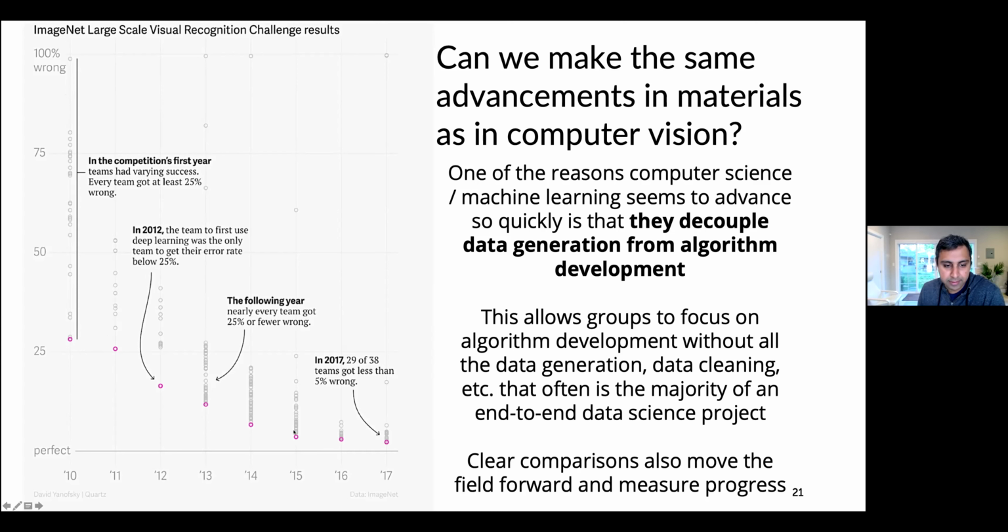And then you also see that the scatter between the models becomes very, very narrow, which means that every model actually does quite well. And there's nothing that does bad. In fact, the one worst model in the year 2017 is much better than the best model in 2010. And so what's really nice about these sorts of data sets is that they decouple the data generation from the algorithm development, which means that all these groups submitting to ImageNet didn't have to spend the effort taking 100,000 images and labeling them by hand. They just started with the data set and they could focus on the machine learning algorithm.